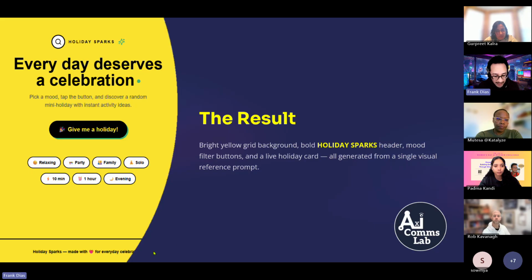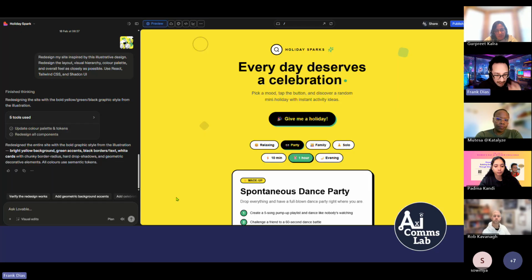And so this is where it made the difference for me. As you can see, it's picked up on a lot of those little design elements of that illustration. So it picked up the yellow, the green. It picked up some of the sort of inking of the boxes and everything just from that one illustrative design. So it's super smart in the way Lovable works behind the scenes. This is a screen grab of my working with Lovable to get there.